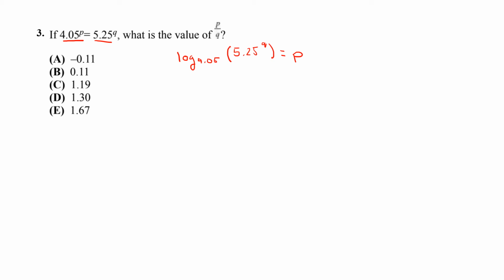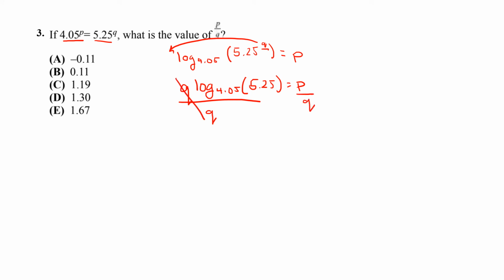And that's the basic conversion from something to a power to our logs. All right, so we know that if we have an exponent in our log, we can really just bring that outside the log and have it as a coefficient. These are just basic log rules that will be gone over in the algebra section. So q log base 4.05 of 5.25 equals p. And put simply, we can just divide q on both sides to get p over q